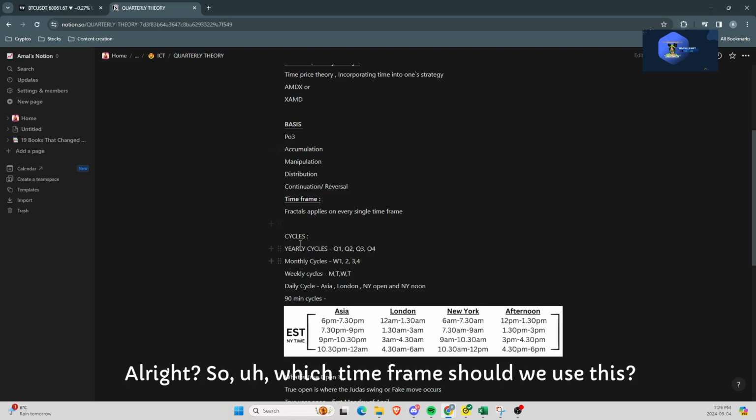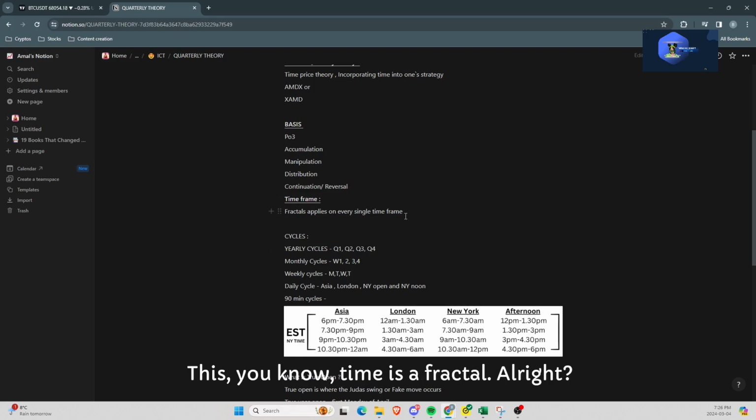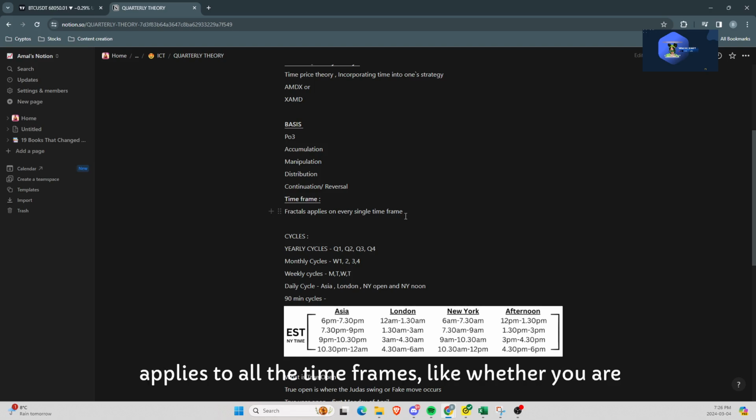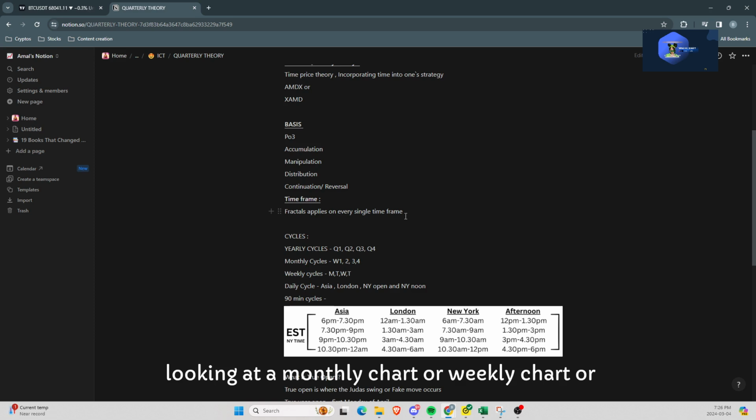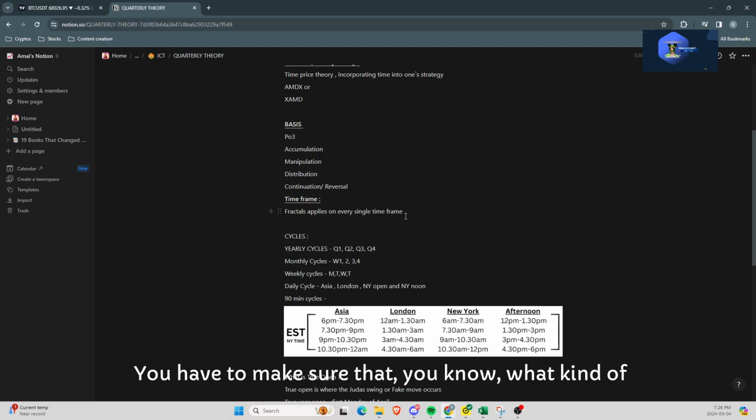All right. So which time frame should we use this on? Time is a fractal. Whatever I'm teaching you right now applies to all time frames, whether you're looking at a monthly chart or weekly chart or whatever chart you're looking at, the concepts are pretty much the same. PO3 happens in all time frames. You have to consider what kind of trader you are, and based on that, you have to choose your own